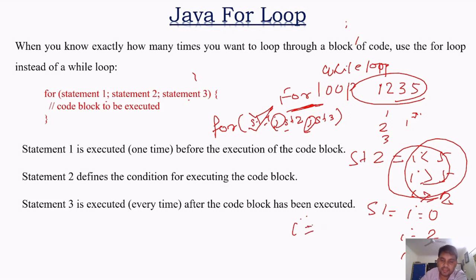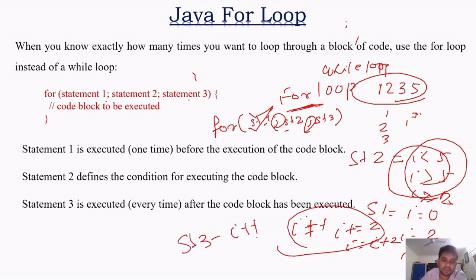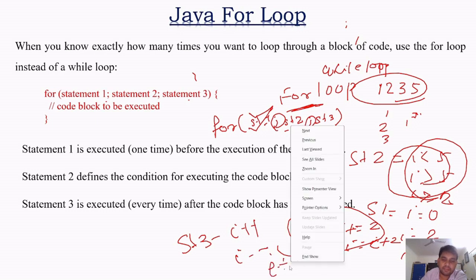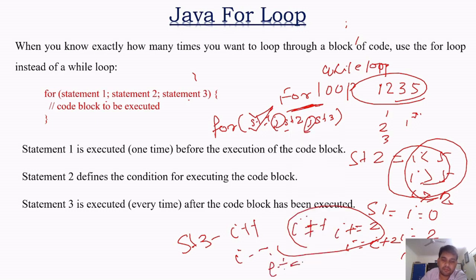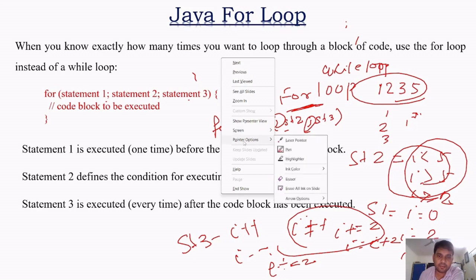स्टेटमेंट 3 का रोल क्या है, मान के चलो जैसे i++ लिखेंगे या i += 2, इसका मतलब i is equal to i + 2. ये जो कंडीशन है स्टेटमेंट 3 में रहेगा। स्टेटमेंट 3 में क्या रहेगा, या i++ करना है या i-- करना है या i += 2 करना है, वो रहेगा स्टेटमेंट 3 में। सो वी कैन रिमेम्बर